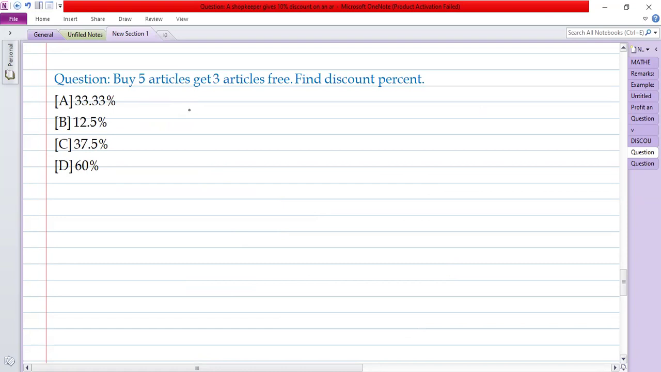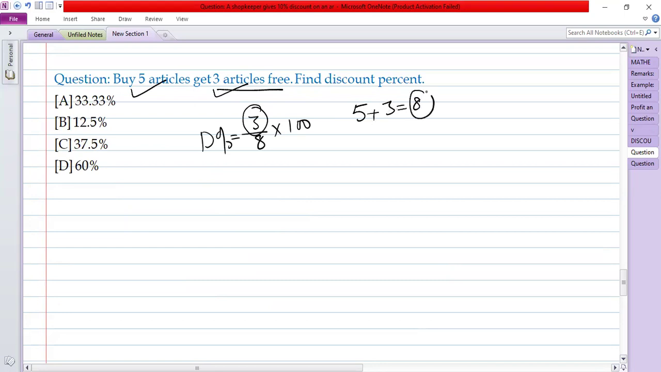So here, obviously the total discount percent will be 3 by 8 into 100. And this 3 by 8, why? Because three articles are being given free. And if the person has to give three articles free along with five, then obviously at one point of time he has to purchase a total of eight articles. So that's why eight here. And 3 by 8 into 100, actually this is